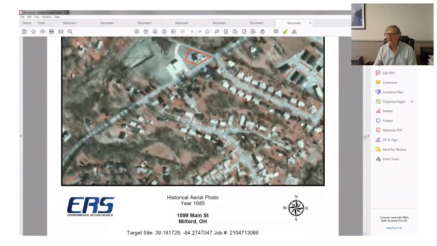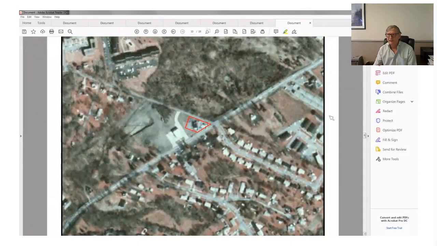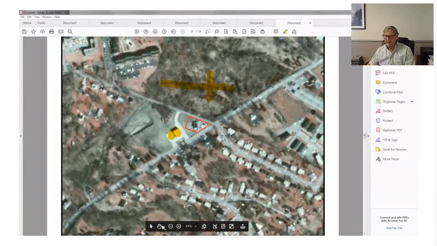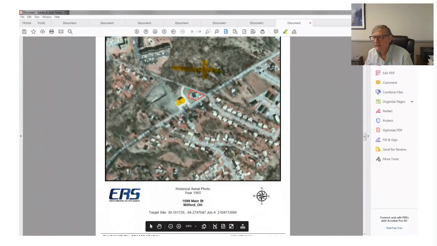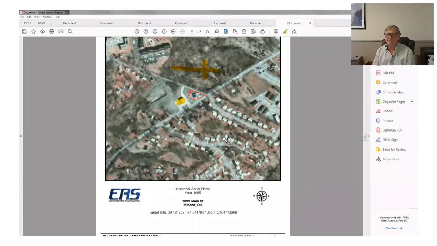Let's see what this is, 1985. That's cool. So what do we got here? Well, we still have our auto repair or whatever we think it is. We still have a gas station here. But now it's all vacant here. Let's zoom out and see if we can see our side a little better. Yeah, that's a little better. So I can't tell. It's still either auto repair or a gas station, but does it really matter whether it's